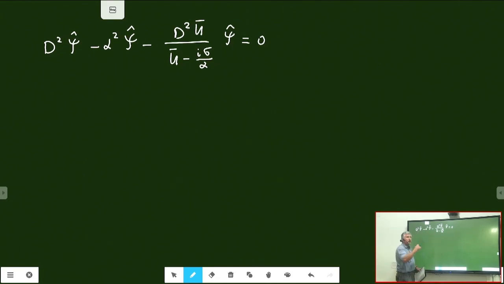All right, what I will try to do is to multiply this whole equation by something. Because the right-hand side is equal to 0, it will still be 0, right? Multiply the 0 by anything, it is still 0. So what I will do is multiply this by phi star. And phi star is